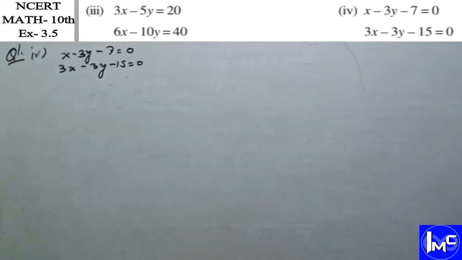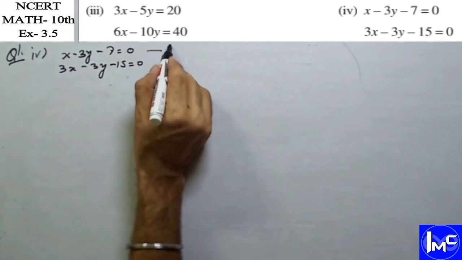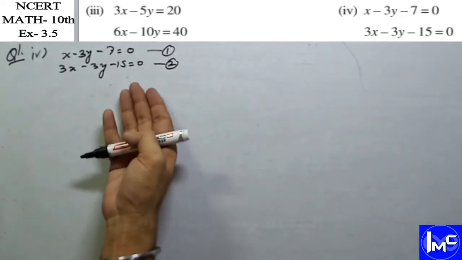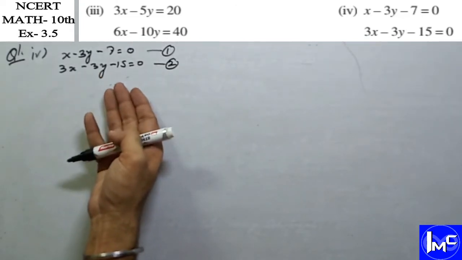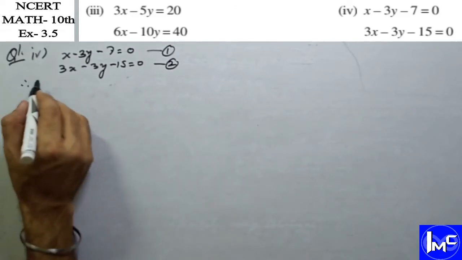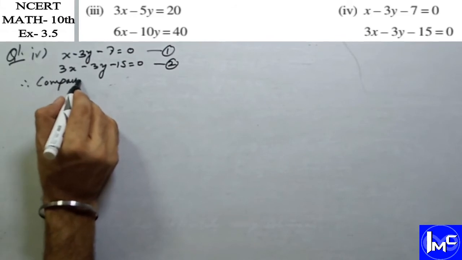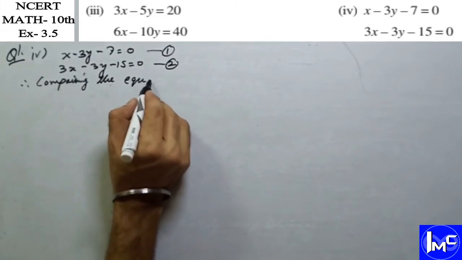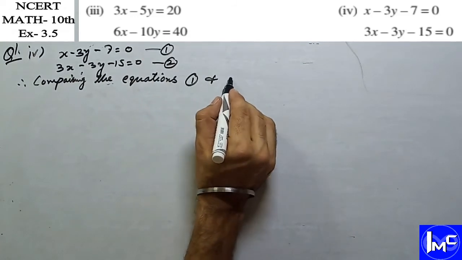Last and fourth part of the question 1, and this is first equation, this is second. There is no need to reform the equations because the constants are already on the left hand side of the equation. So we will start by this step, comparing the equations 1 and 2